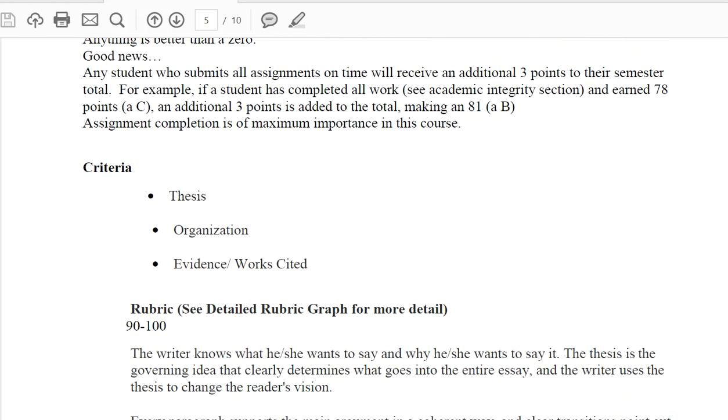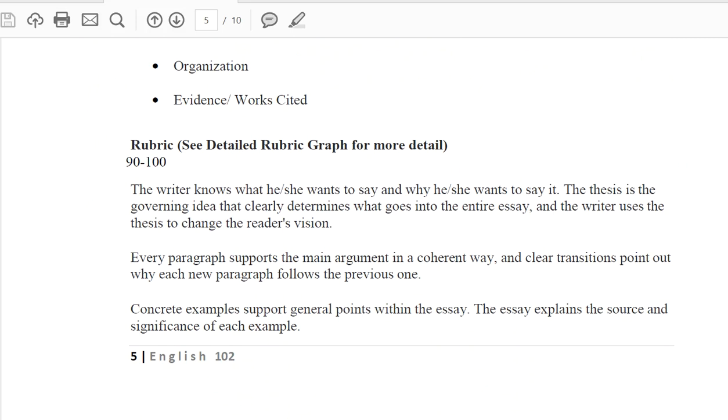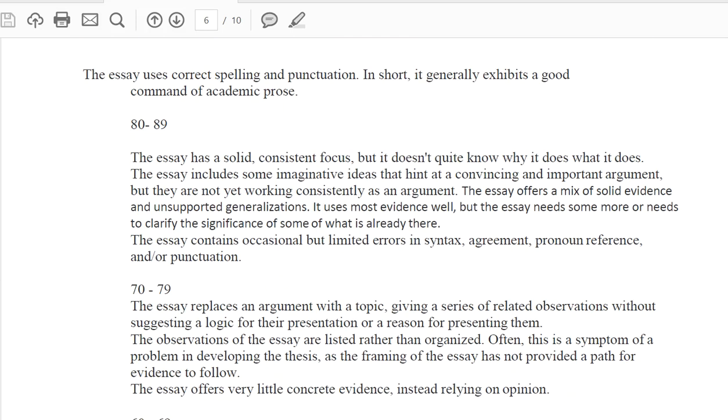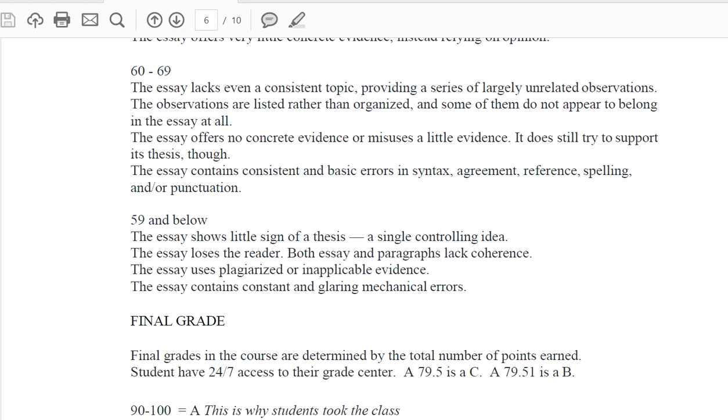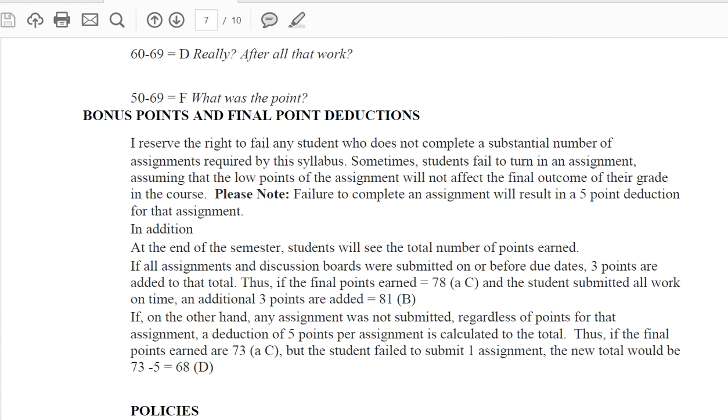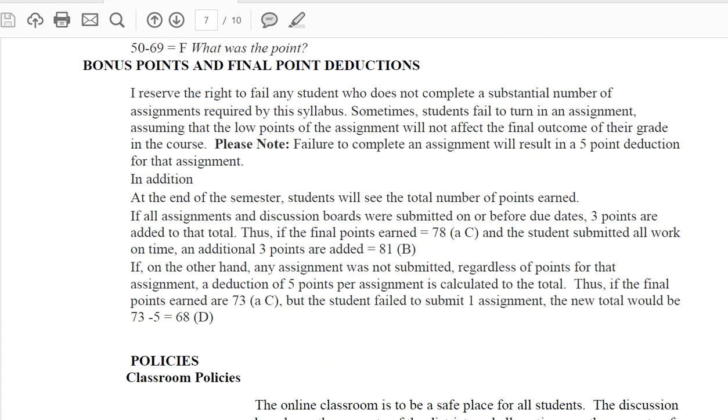This is the grading policy. Unlike my face-to-face classes, the assignments in this course, each assignment offers a number of points rather than percentages. It's points. And the important thing is this, and I want to show you this, and that is that if you submit the work for 3 points, then you'll get between 1 and 3 points for submitting the work. If you don't submit it and it's a 0, that turns into a -5.